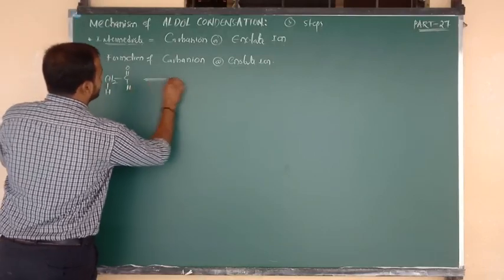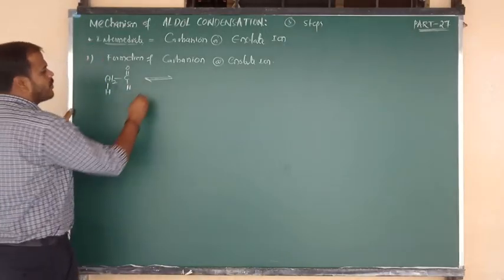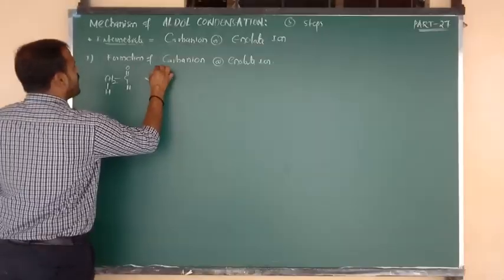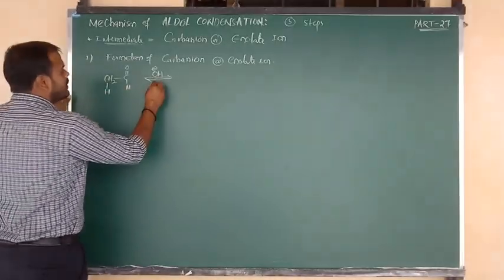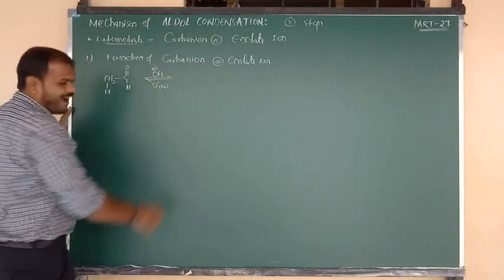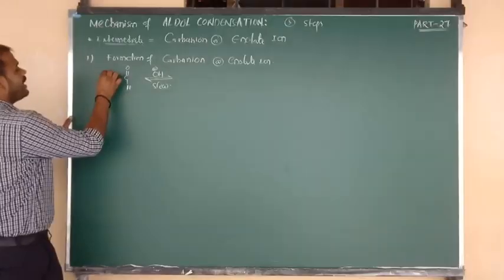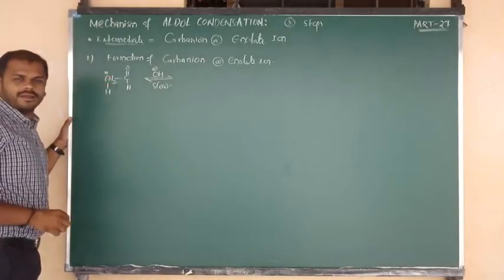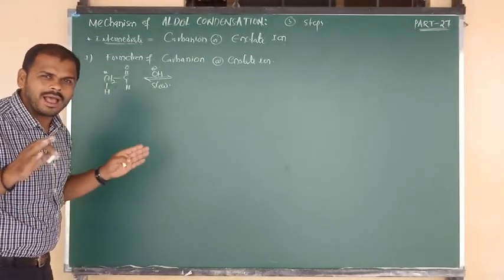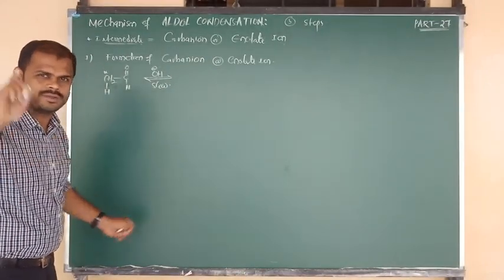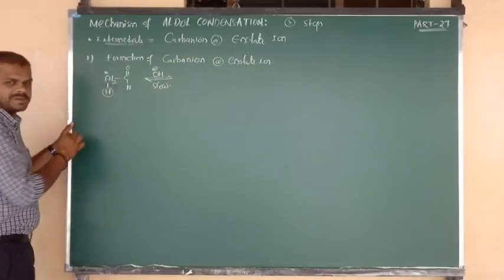The reaction with dilute NaOH, with the help of a base catalyst, takes place in step 1, the first step, which is also the slow step. In that slow step we take the help of base. This is the slow step, also called the RDS, the rate determining step. The hydrogens present on the alpha carbon are more acidic, as I told you in the last class. Due to this more acidic nature, we can eliminate the H plus ion.